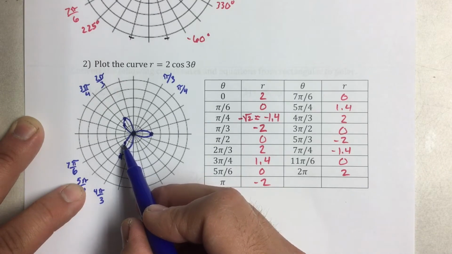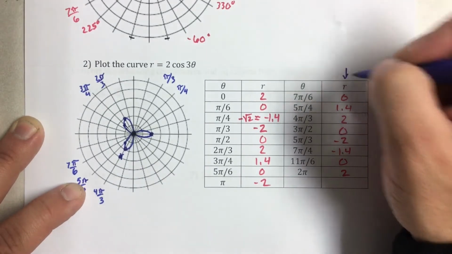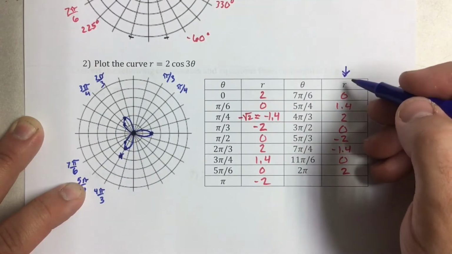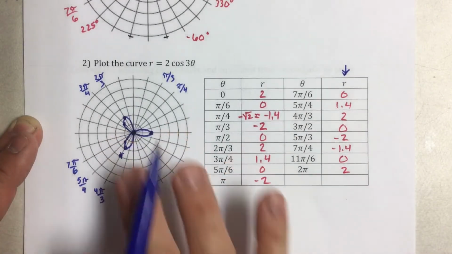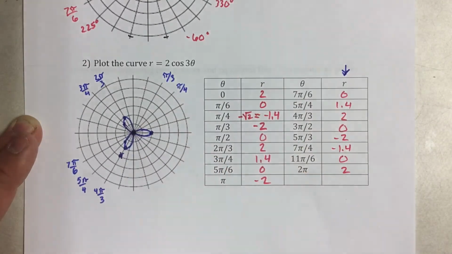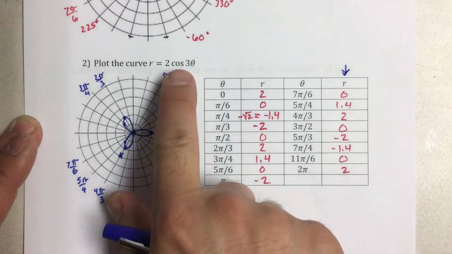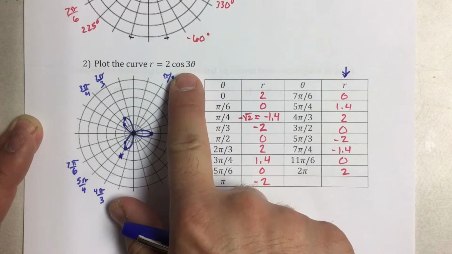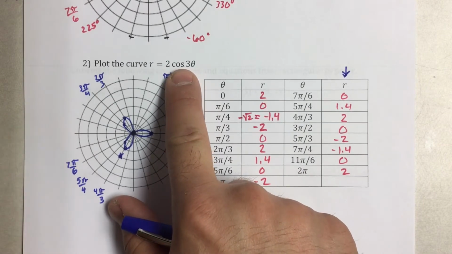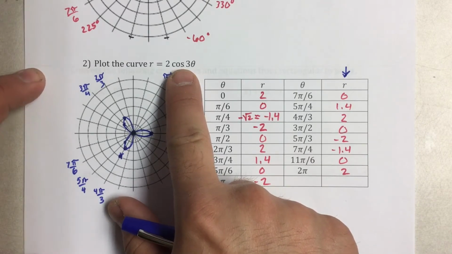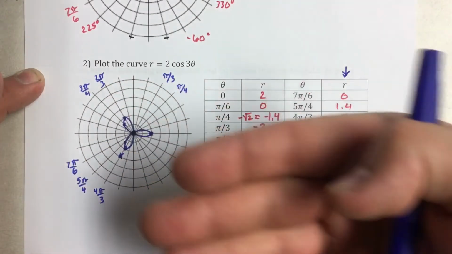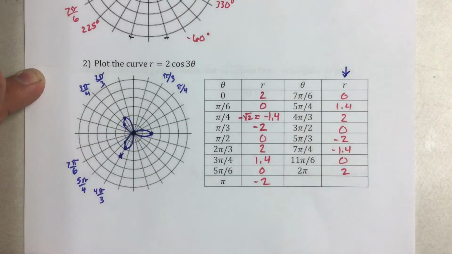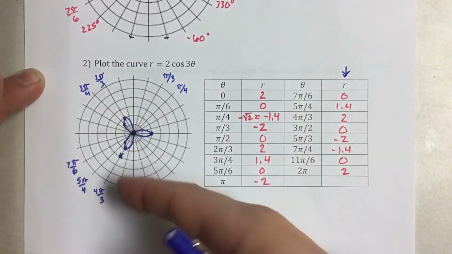Okay. Now, once we pass 2 pi, we notice that we have really a cycle where we start overlapping our current graph. We start just going over it again. The reason being is because knowing symmetry, and we'll look at that later on, this curve being only in terms of cosine, this curve is symmetric to the polar axis. So once I go from 0 to pi, I can think of just reflecting the rest over,